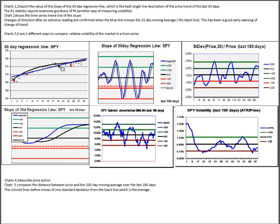The 30-day regression line is the solid straight blue line here. The polynomial regression line is the black line. They're very close, meaning there's been very little volatility. You can see the time series of that here. The 10-period regression line has now caught up to its 10-day moving average at a distance greater than 1 standard deviation from the black line. That has always been a warning in the past of a potential state change in the market and a reversion to the mean,